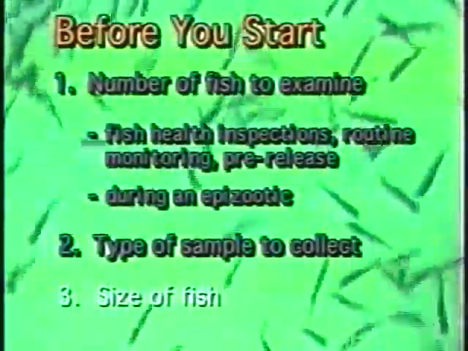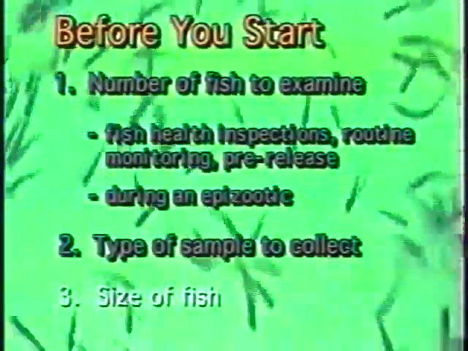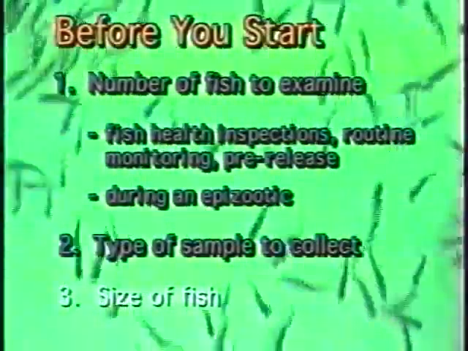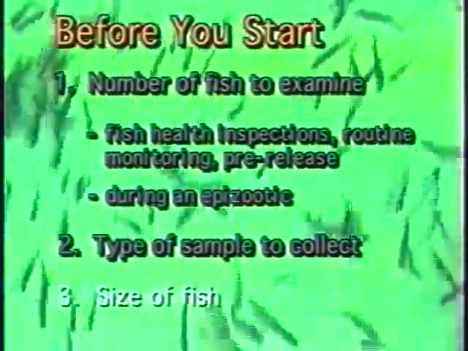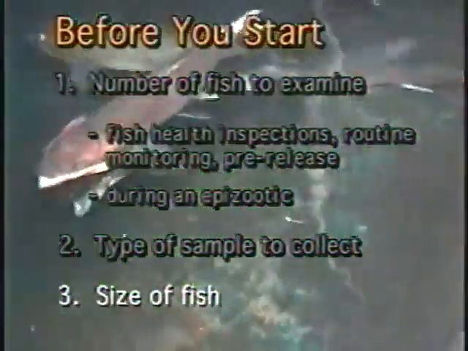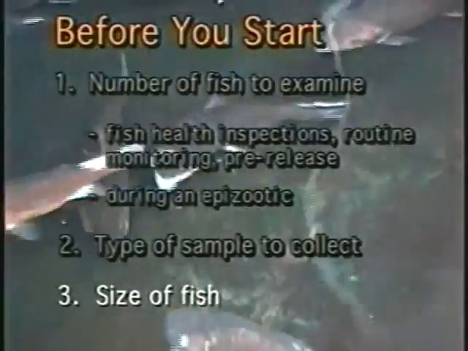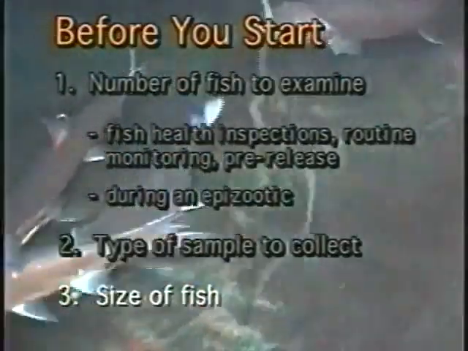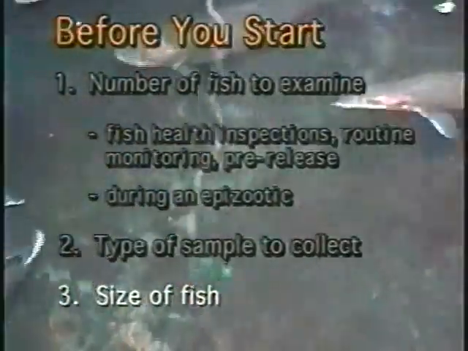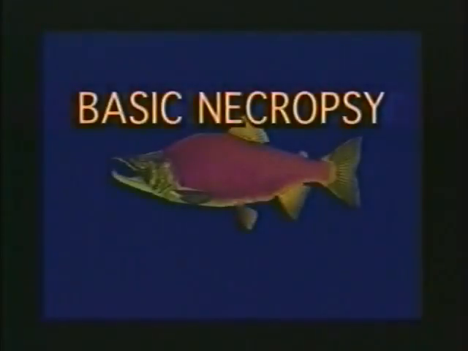A third consideration is the size of the fish. Necropsy procedures for fry are necessarily different than procedures for adult fish. For example, when sampling fry for virus, the entire fish is processed rather than a specific tissue. In this section, a basic necropsy procedure will be demonstrated. After the samples are collected, they will be processed and examined in future chapters on bacterial, viral, and parasitic detection